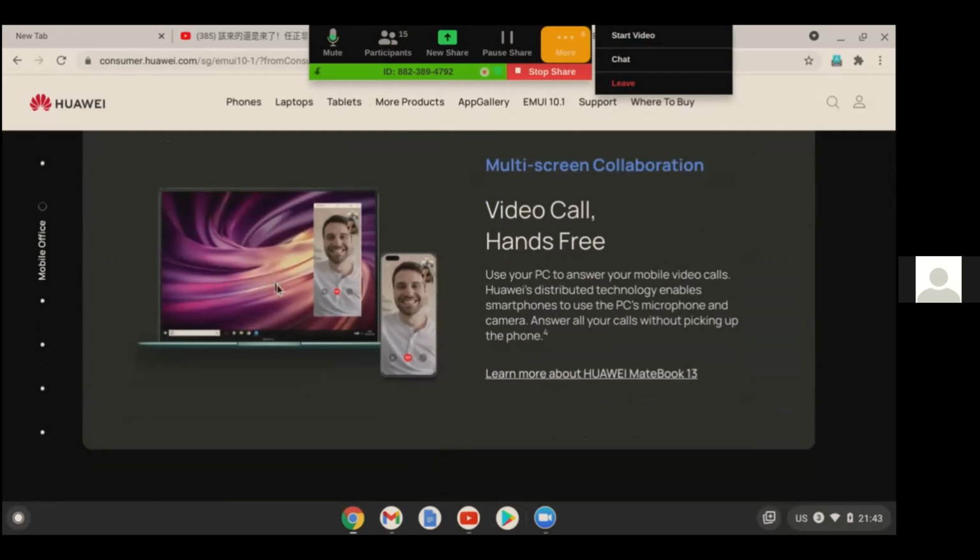So for example, Huawei at the moment has the so-called Harmony OS. Their aim is to link up all the Internet of Things, you know.